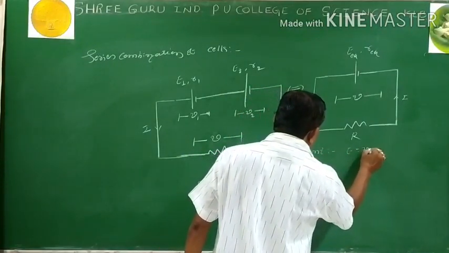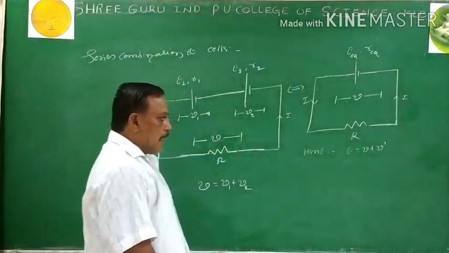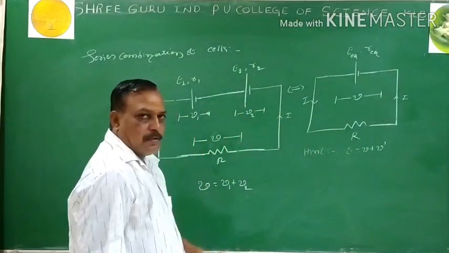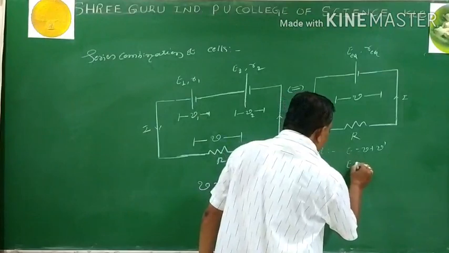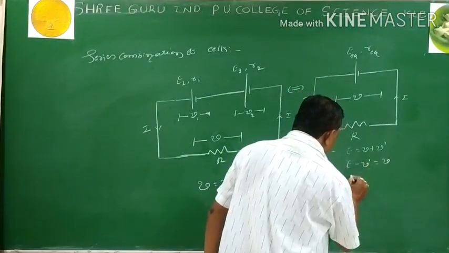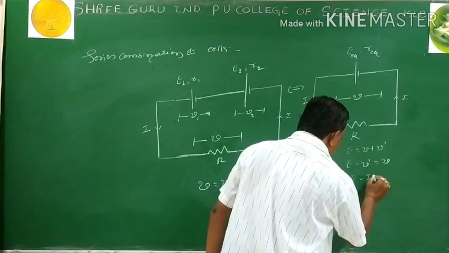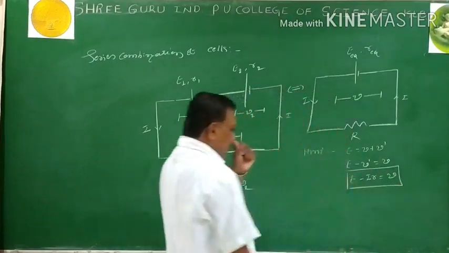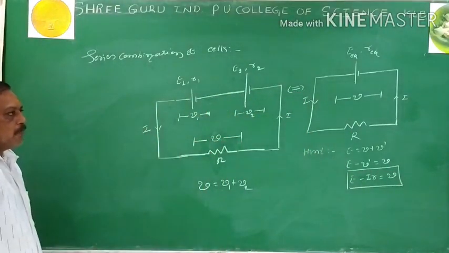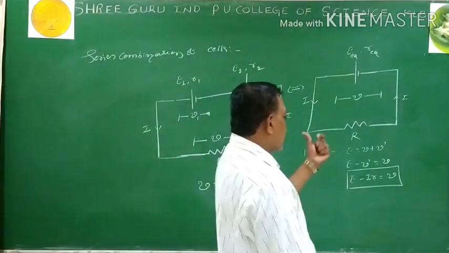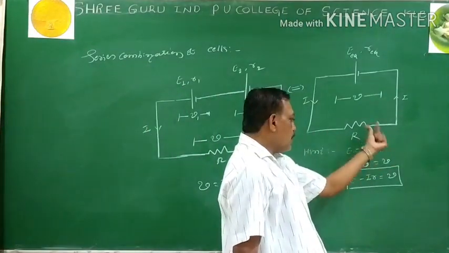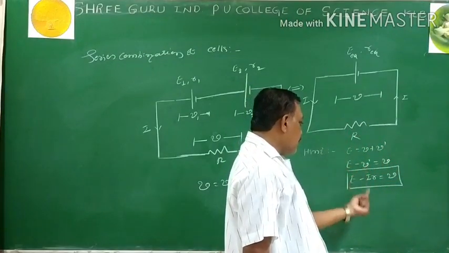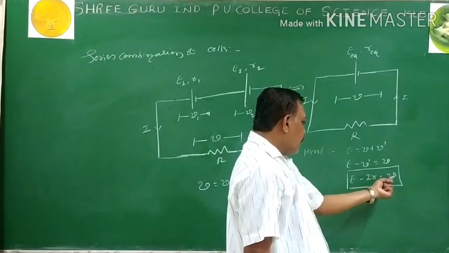E equals V plus V dash. I cannot substitute I into R here because I want to keep V as it is, since we are using the term V. So E minus V dash equals V. What is V dash? It is I into small r. So this is our equation. From Ohm's law applied to the circuit, the total EMF equals the potential difference across the external resistance plus the potential difference across the internal resistance. I keep the potential difference across the external resistance V as it is. I shift this V dash here with a minus. So V dash equals I into small r. Then V equals E minus Ir.